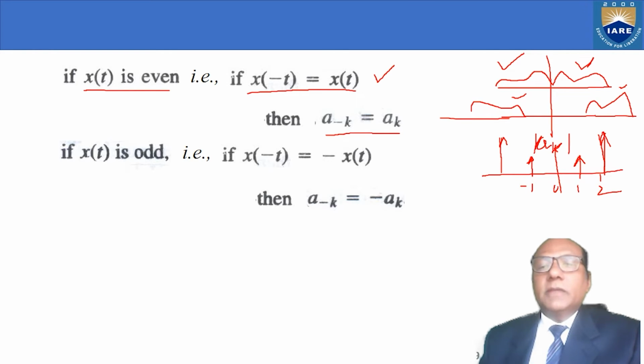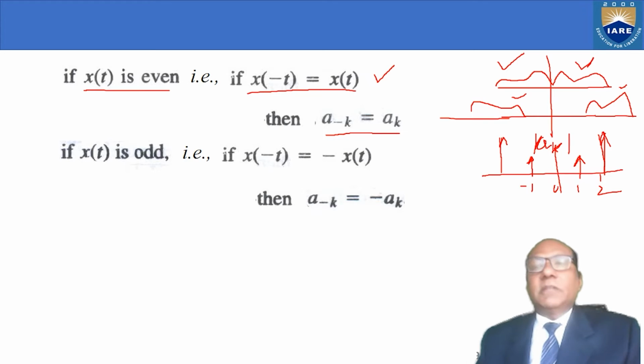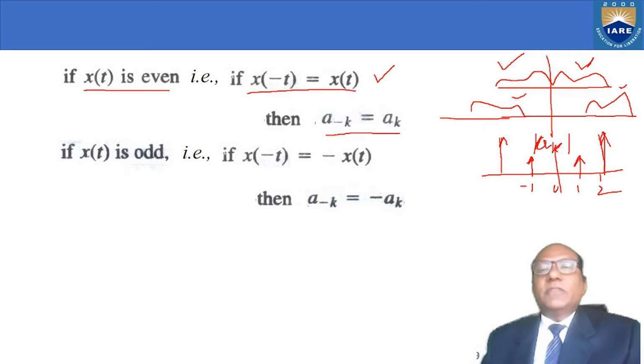Magnitude of a_k. Okay, so this is called even symmetry. That means if the signal is even symmetric, the Fourier series coefficients are also even symmetric. If the signal is odd, that means odd symmetry, here, for example, if I consider this signal,